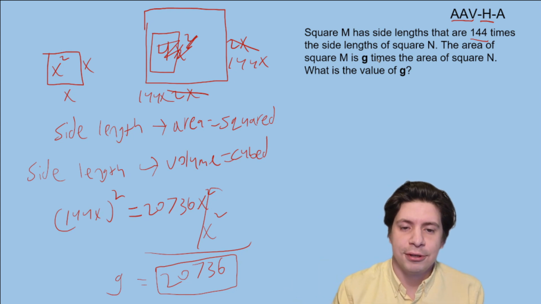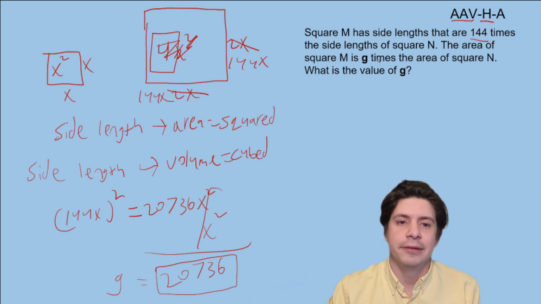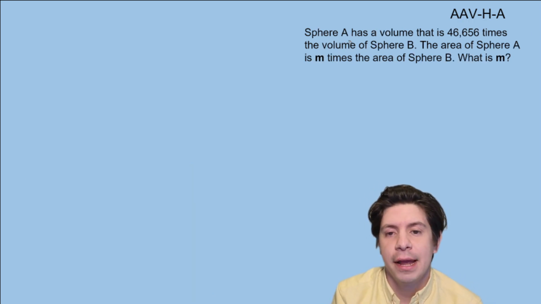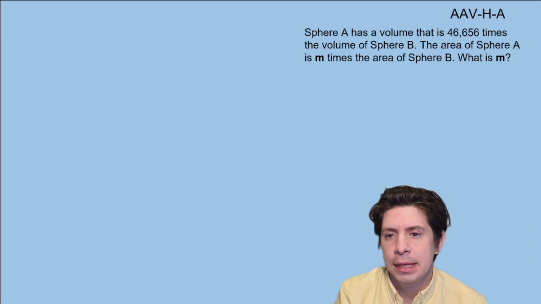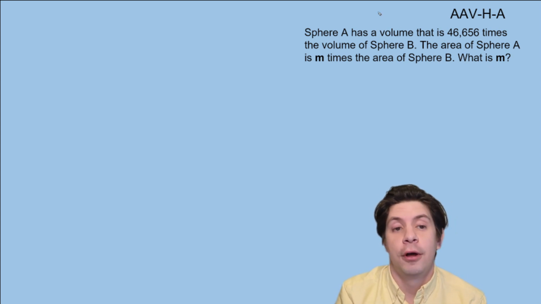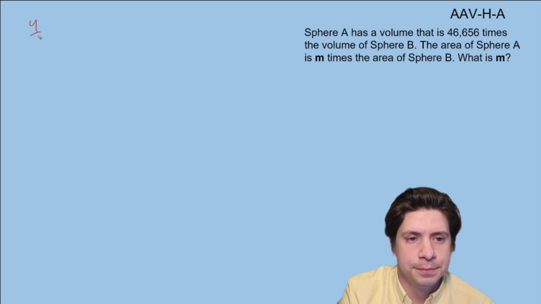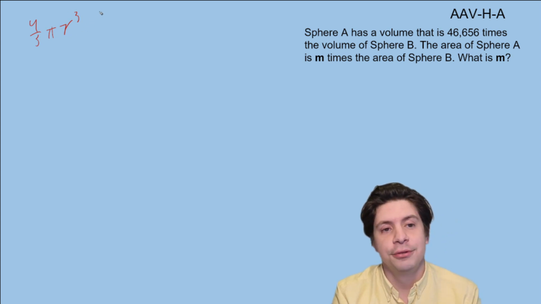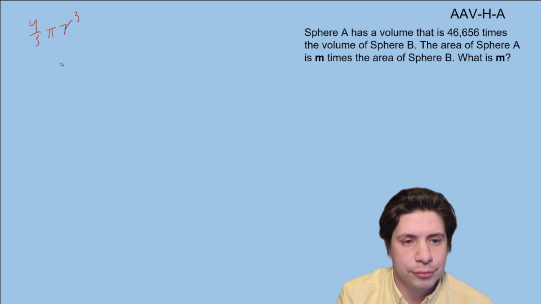I want you to try the question on your own, pause the video, and then watch it to see if you do it the same way, if there's a more efficient way, and if you get it right. Okay, so in this one we're talking about spheres, so let's try it out. Sphere A has a volume that is 46,656 times the volume of sphere B. The area of sphere A is M times the area of sphere B. What is M? You might try to use the formula for volume of a sphere, which is 4/3 pi r cubed, and even though we don't know what the volume is, we could use that sort of ratio and work it out, but I'm not going to do that because I know that